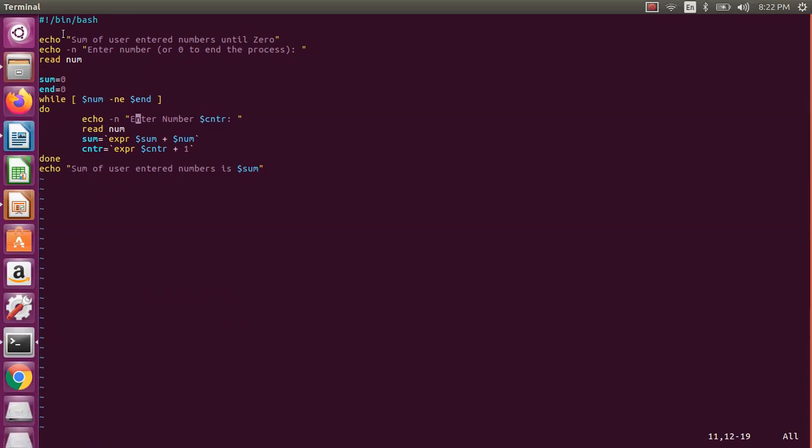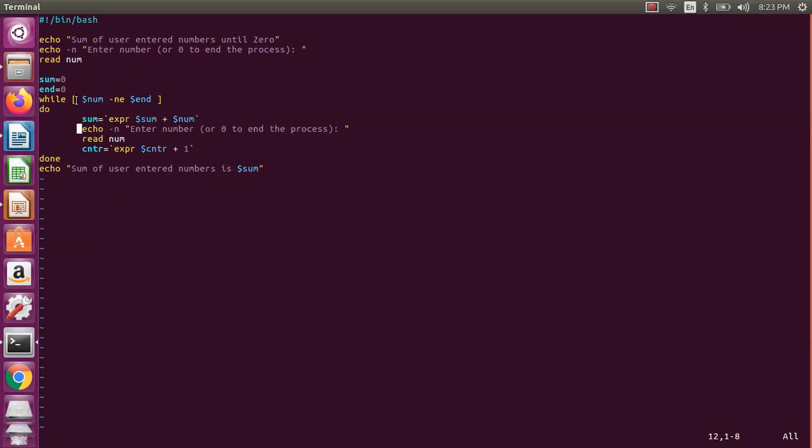Okay, now we have the number, we have the sum, we need to do the sum first actually. So I will delete this line and I will put this one. Once I have done with the sum, this I don't need. I need to have this line actually, because I need to read the second one, right? I will keep on reading that one. Means first sum will be 0, end will be 0. So num not equal to end. If user enters 0 here, it will not come inside at all. So assume that 0 is entered, it will not come.